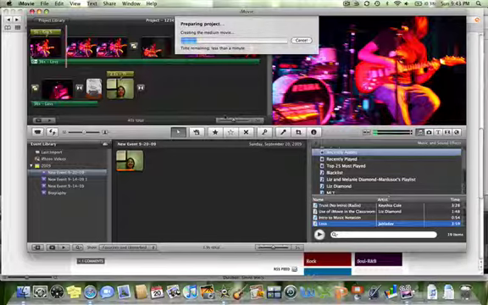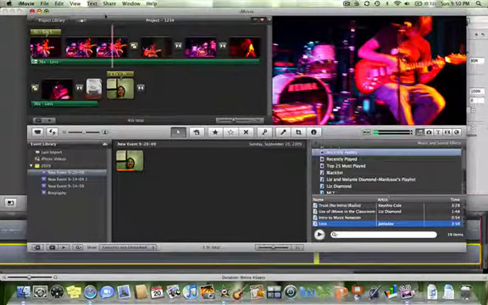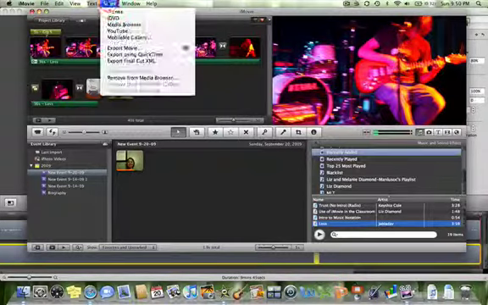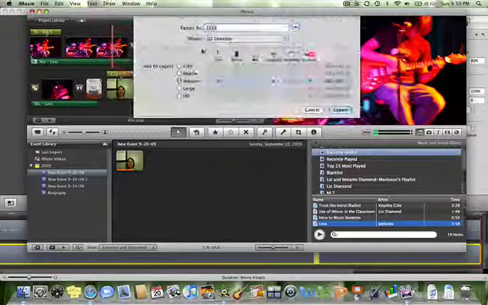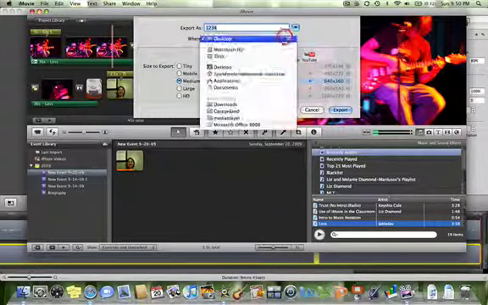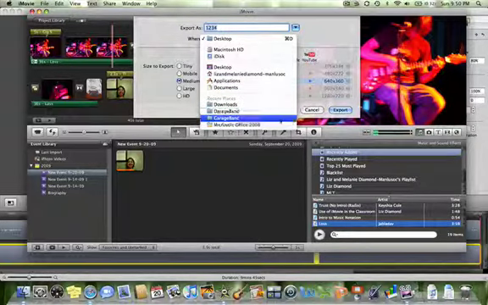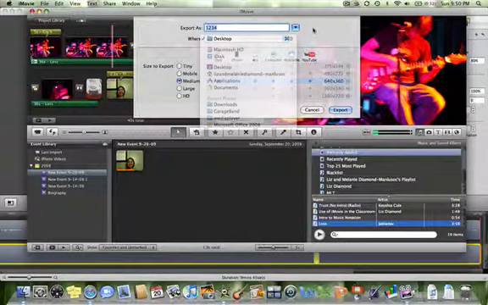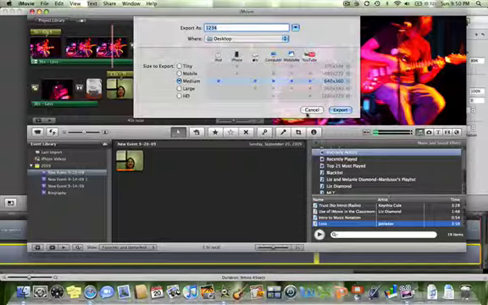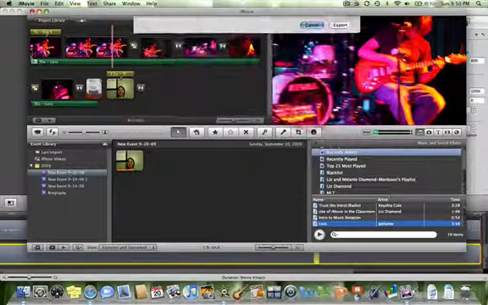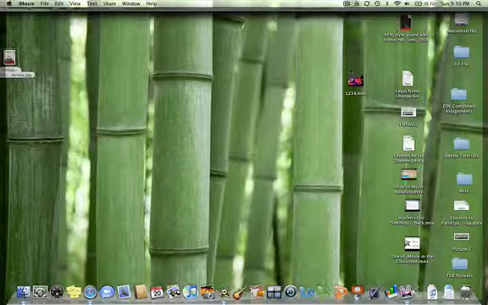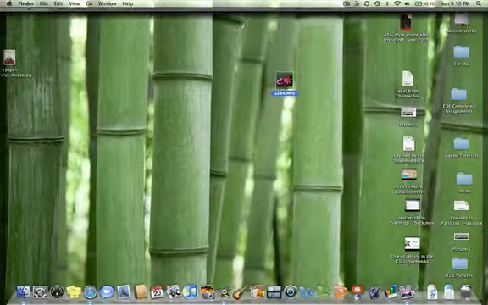And it will take a couple moments. So we've just had a pop-up that said that it's done exporting. I had chosen to export it to the desktop. You can choose where you'd like to do that here. There's a pull down menu if you want to put it in your documents or you want to put it in a folder that you've made. You can do that, but I prefer to just put it on the desktop so that I know exactly where it is every time. So when we look on the desktop, here's our movie 1, 2, 3, 4,